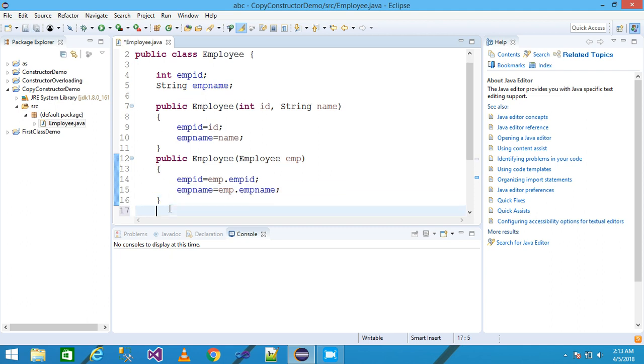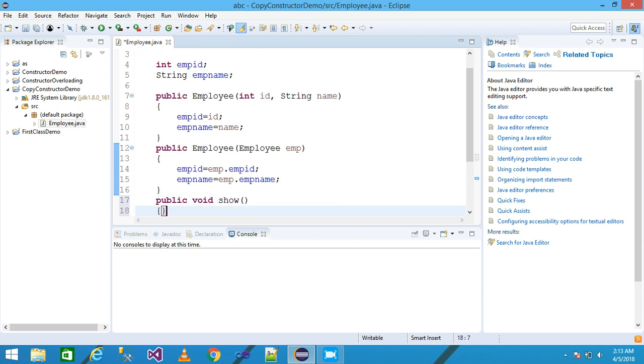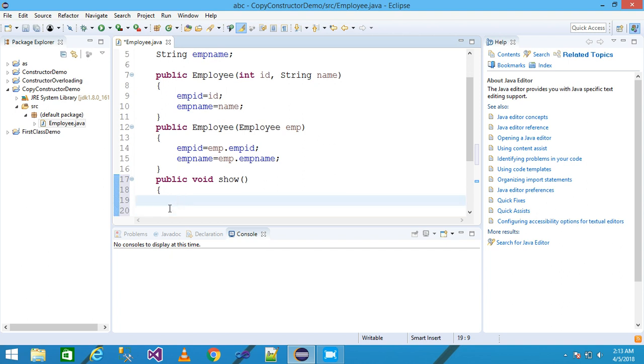Then I create a show method that prints the value of empId and empName onto the screen, empId plus a space and then empName, and save it.